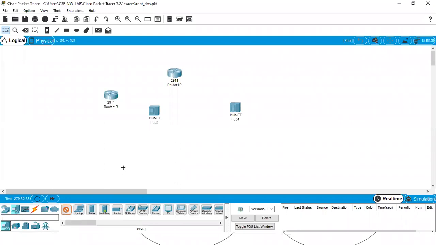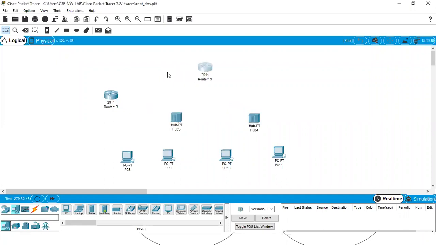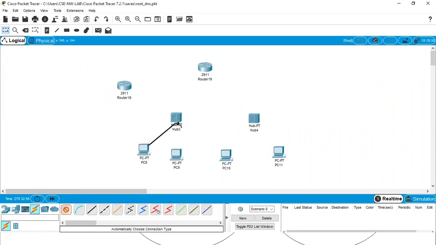Next, we'll take some PCs. We'll connect through all the links.